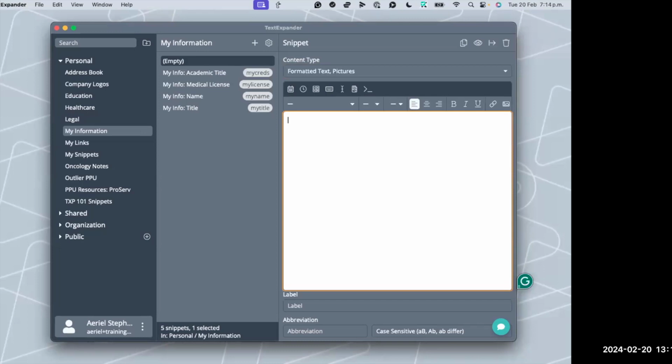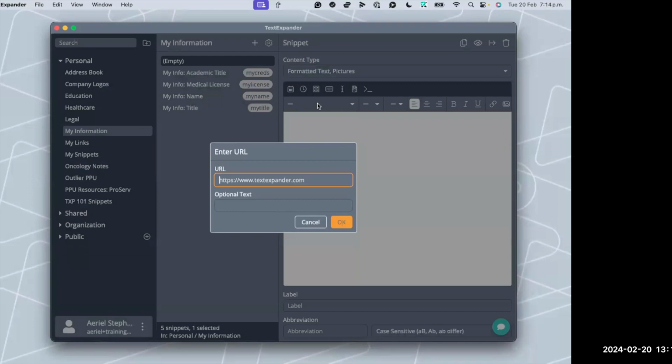Okay, so in the content editor, I'll just place my cursor here at the top, and I'm going to go back to that chain link icon, which is to insert a URL. A dialog box should appear for you here with a URL and an optional text field. So this is where it gets fun. In the URL field, the first field here, I am going to put a little bit of code that basically makes my email address clickable. It's going to format it properly so that someone can actually click on that directly and send you an email. It's not going to be just simply written out in plain text.